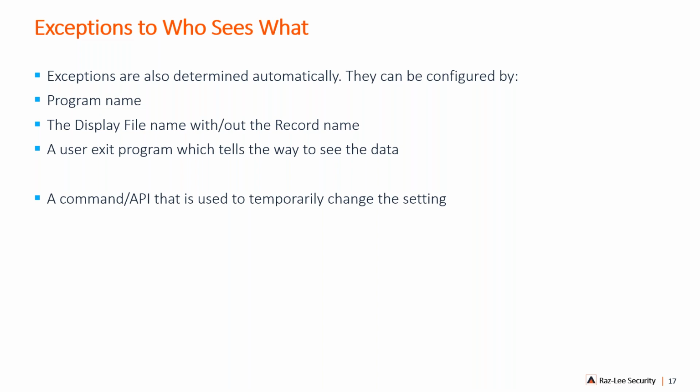But in some cases, we would like even those who see it in masked representation to have the ability to see it in one specific menu item as clear text, or in one record format of a specific display file. So our software has a set of exceptions, and we can decide not only according to the user,